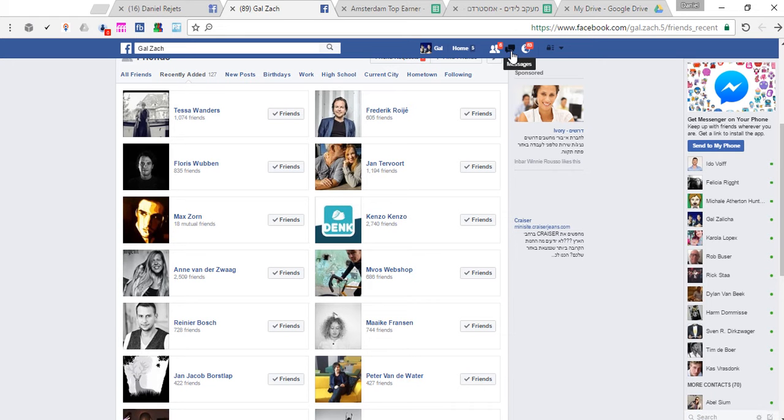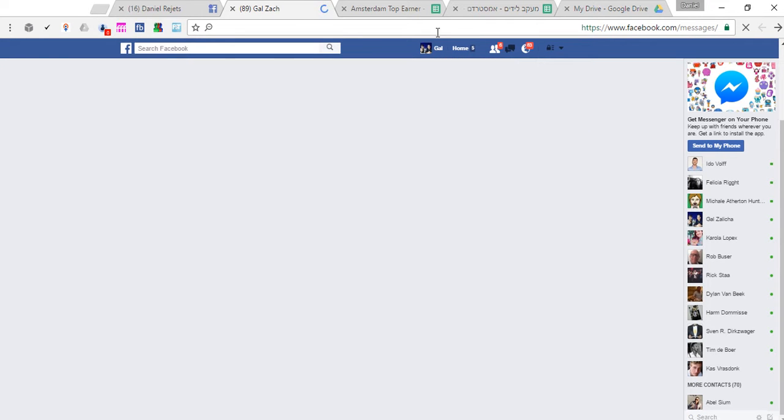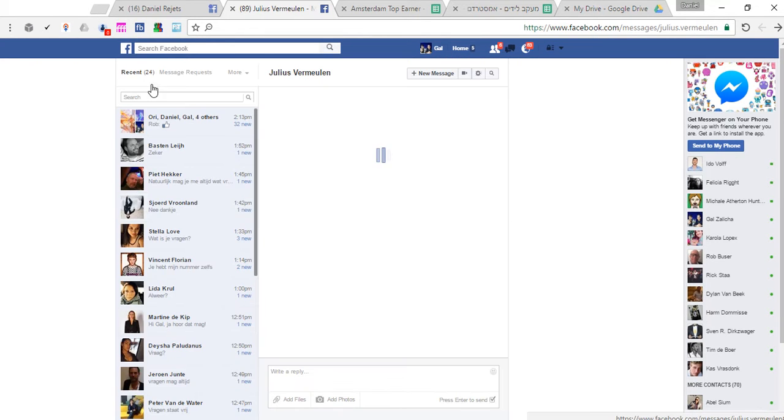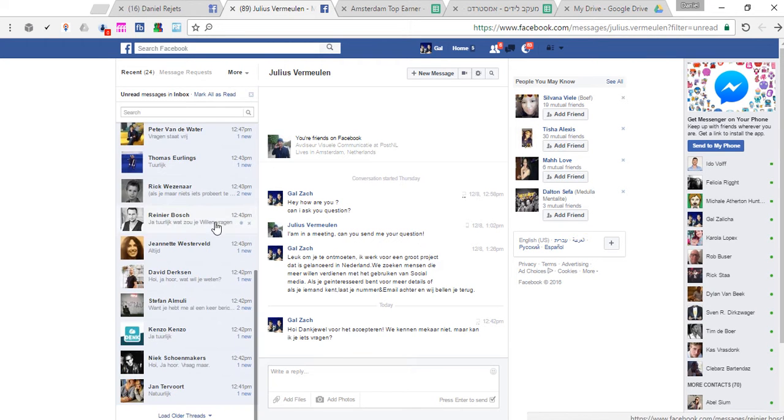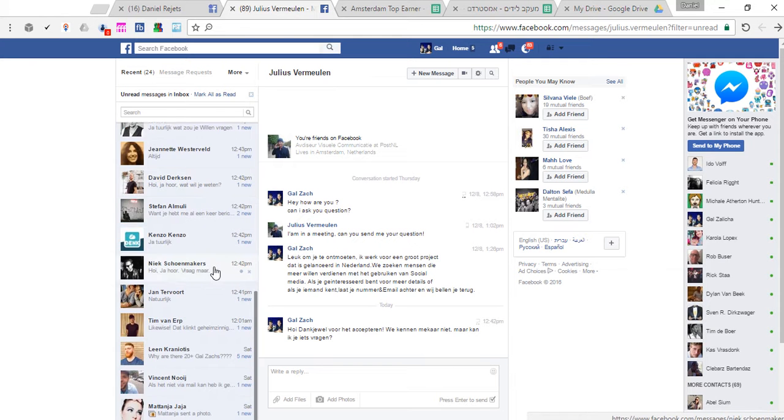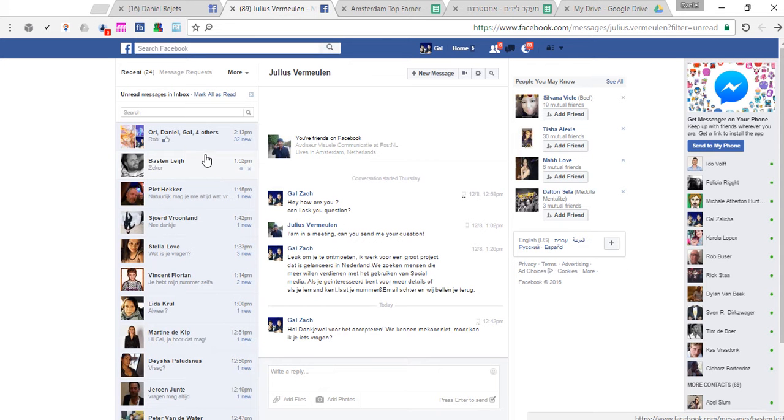Okay, now let's imagine that you put the first message in every Facebook account, like let's say your 2 Facebook accounts, the new ones that you have opened. Now what you will have here in the inbox is people that already replied to you. Here you can see recent, you can get into more and go only to the unread messages. And here you have many friends that already replied to you about something. So this is step number 2.